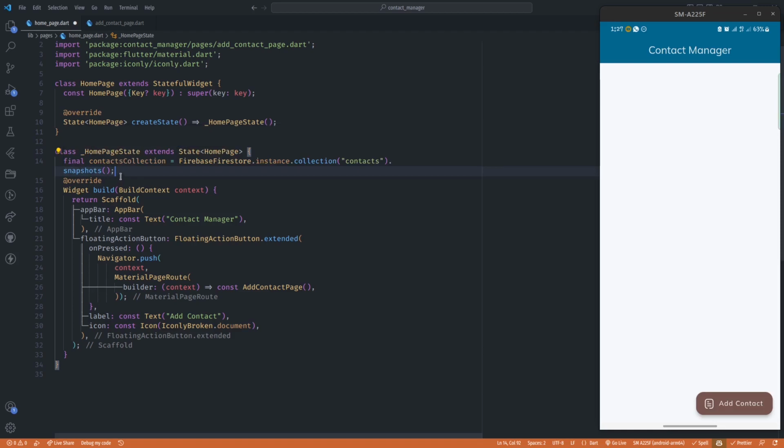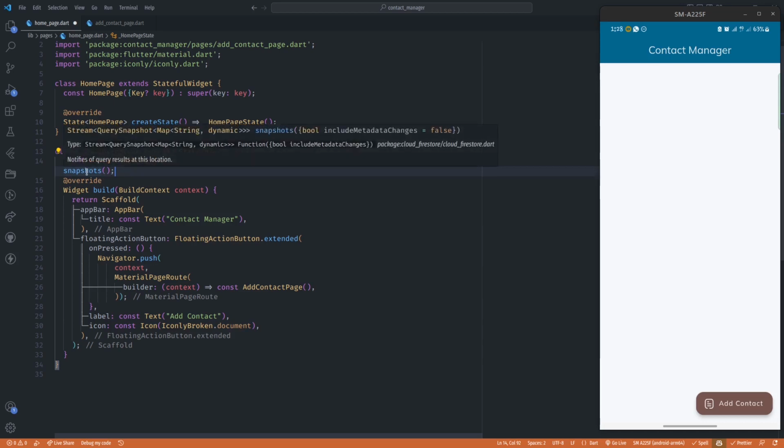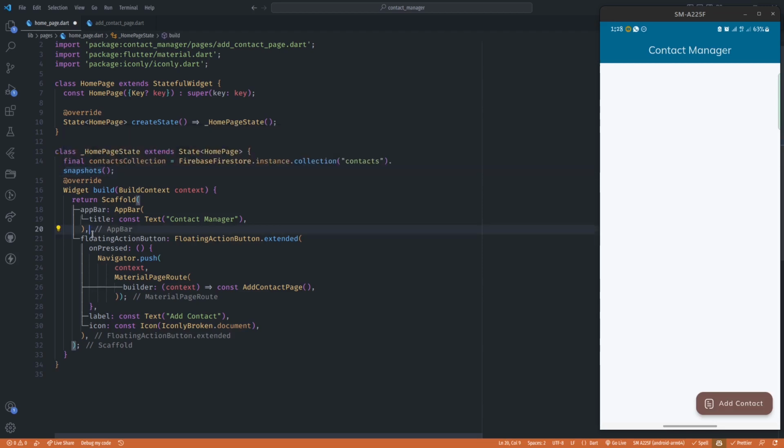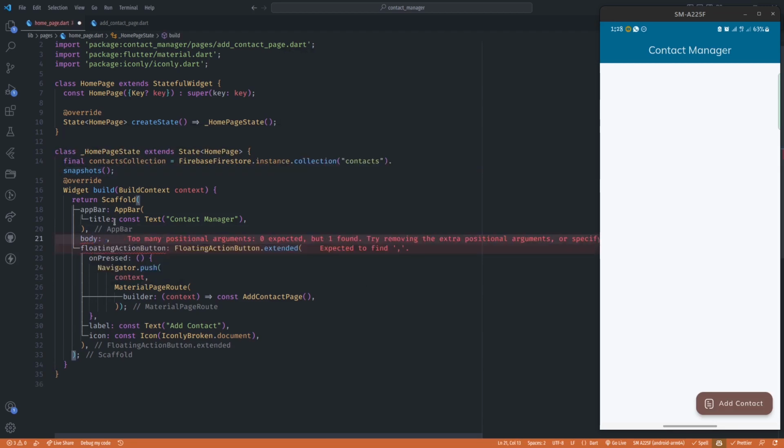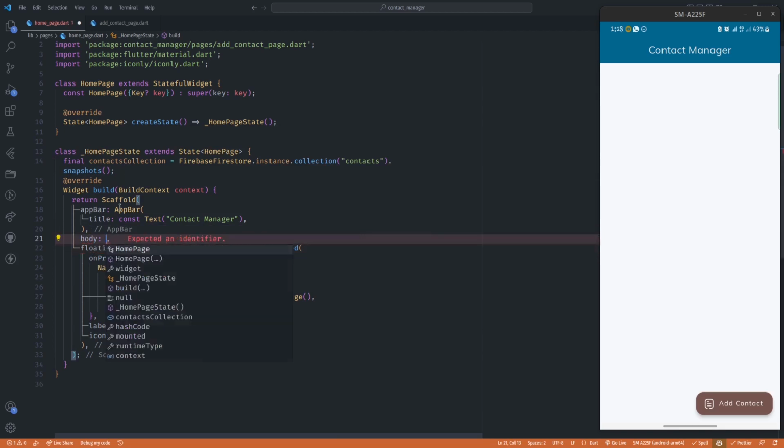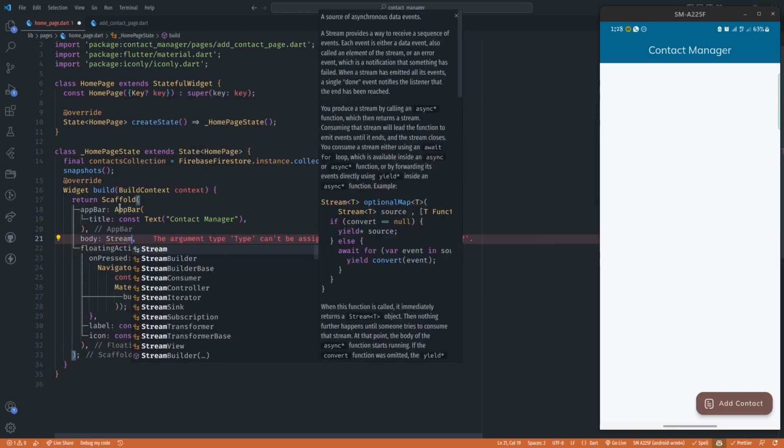But in a case where let's say you are getting details for the user profile or something that doesn't change often, then you go for the get method. Again, when you use the get method, you are going to have a future. Therefore you use a widget called future builder to build your UI. If you go for the stream, which is the snapshot, there is a widget for that, which is a stream builder. So within our body, because we want to have this contact collection in our body, we are going to use a stream builder widget,